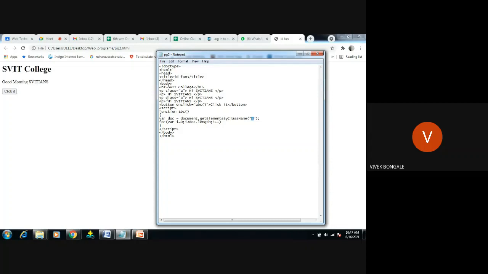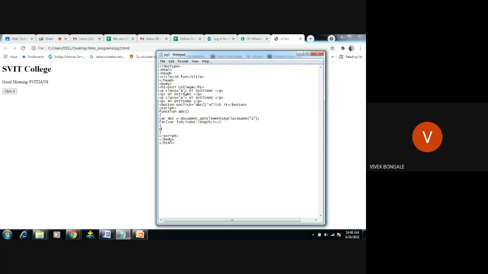Whenever it finds class A, it gets that value, and then it should do some modification to that particular element which has class A.